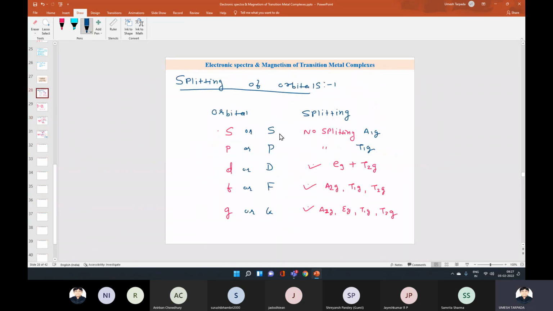जैसे फर्स्ट एस ऑर्बिटल है तो उसके लिए A1G यूज किया है। ओके, इससे सिंपली फॉर टर्म इज A1G ग्रांटेड टू एस। उसके बाद T1G P ऑर्बिटल को ग्रांट कर दिया है। अभी दोबारा इसको यहाँ पे देखो, इससे ट्रिपली डिजेनरेट। तो D ऑर्बिटल है, उसमें आपके पास दो सेट हैं। एक dx² - y² एंड dz², और dxy, dyz एंड dxz। तो dxy, dyz एंड dxz के लिए T2G यूज करेंगे यहाँ पे।